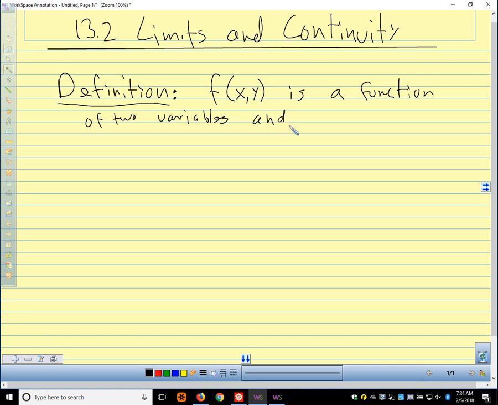And L is a real number. The limit as (x, y) approaches (x0, y0) of f of x, y equals L if